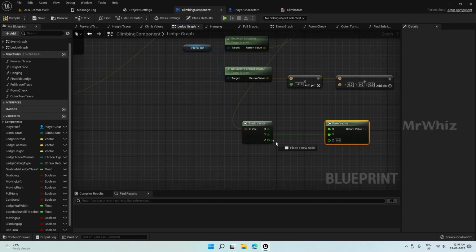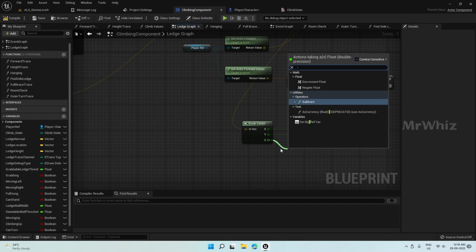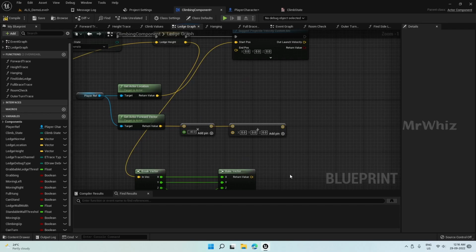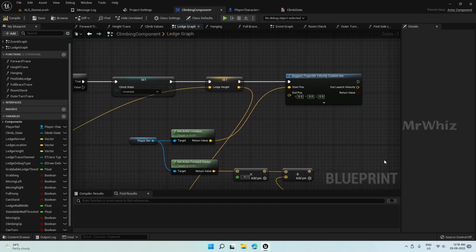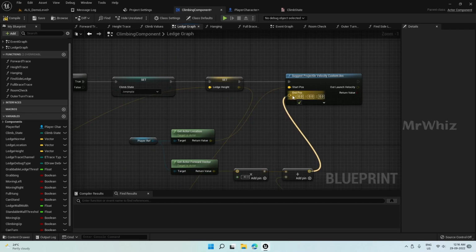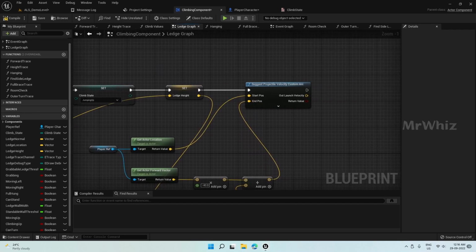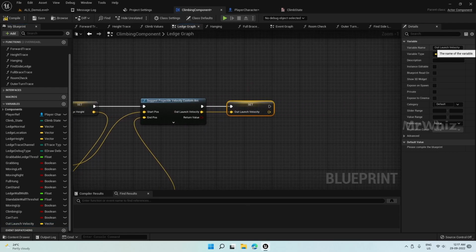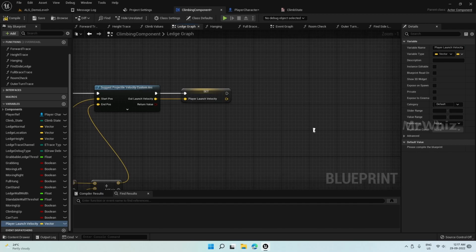and Z I'll be subtracting by a constant, so I'll put 87. This works fine for me. Your value might be different, so play around with the numbers until your character gets to the right position. This will be your end position, and promote this to a variable and name it as player launch velocity, and then